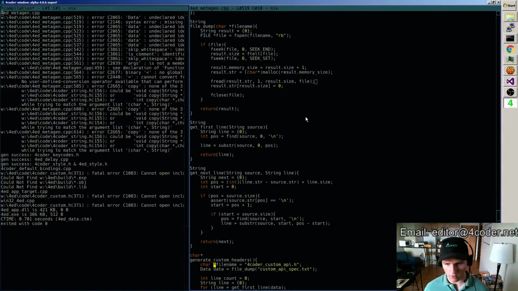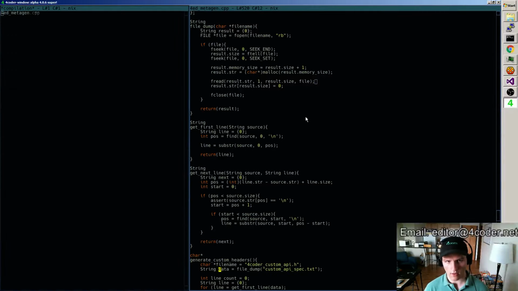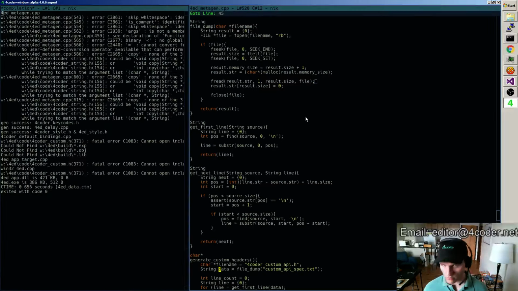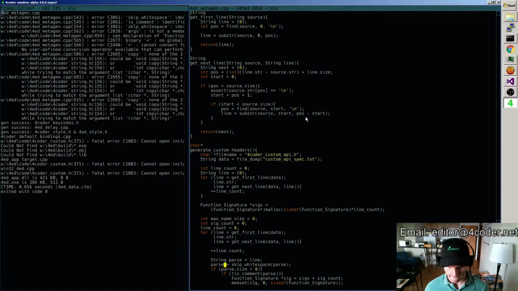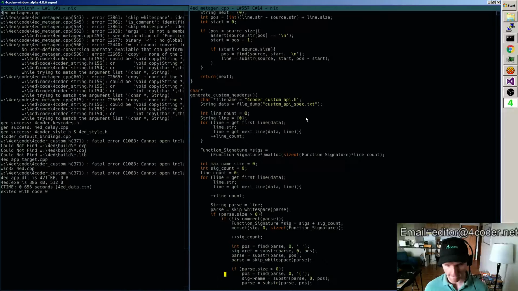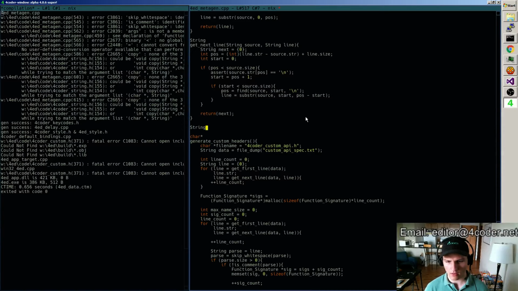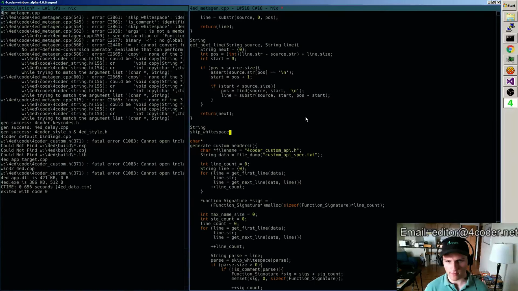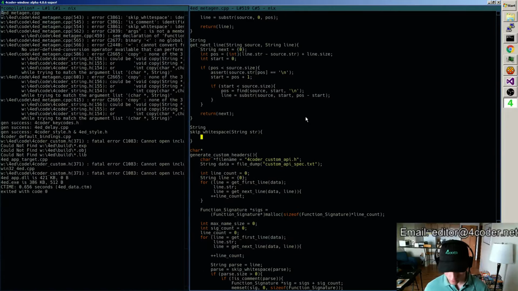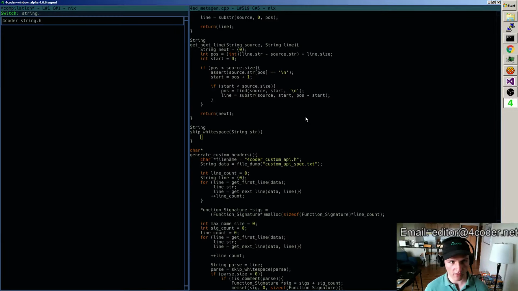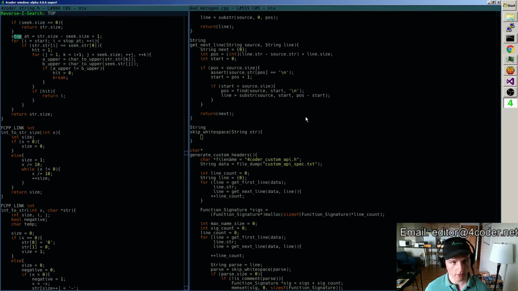char star file name, string, 543, skip white space. Okay, so we need a string that can do skip white space, and the way that'll work is, let's see if I have anything in string for this actually first.